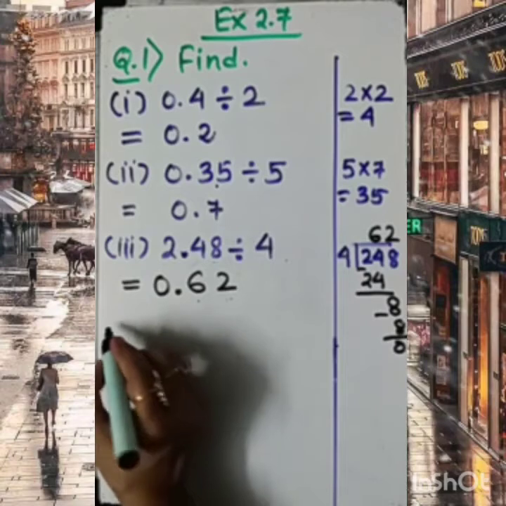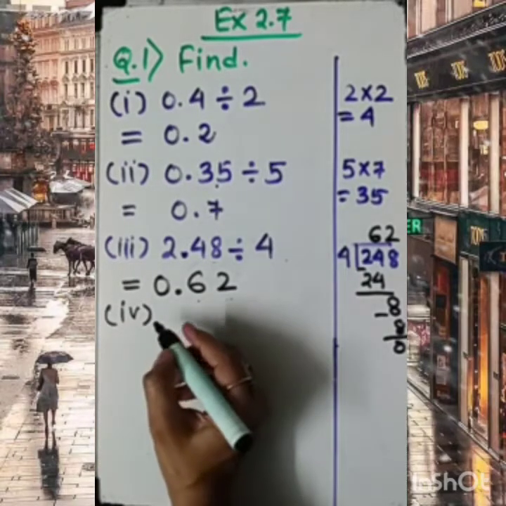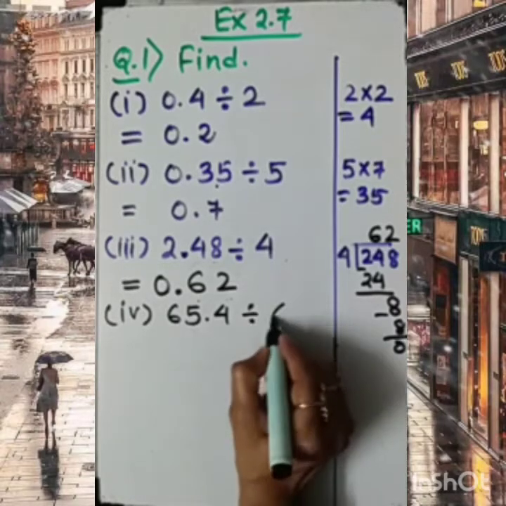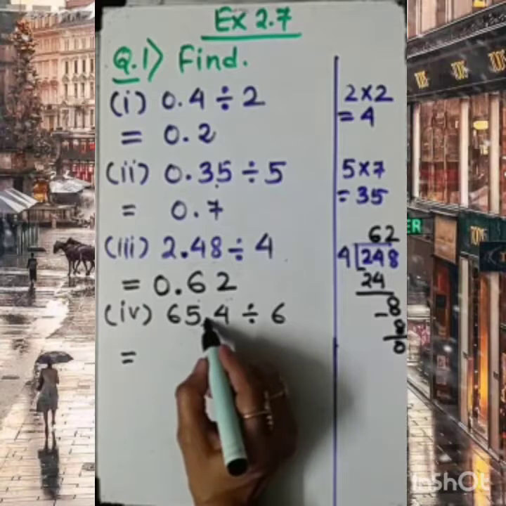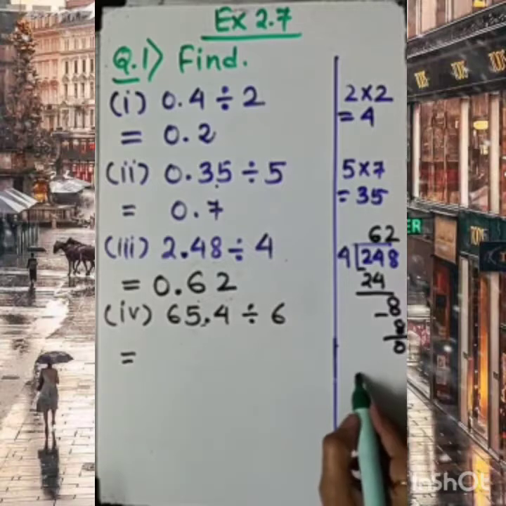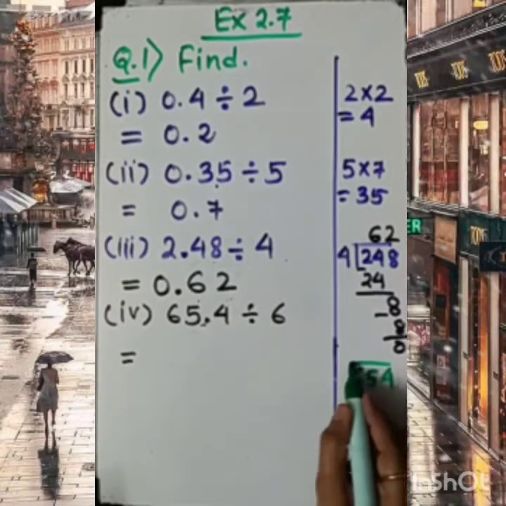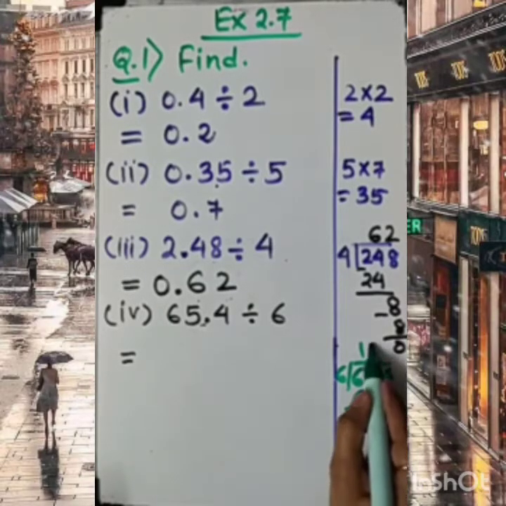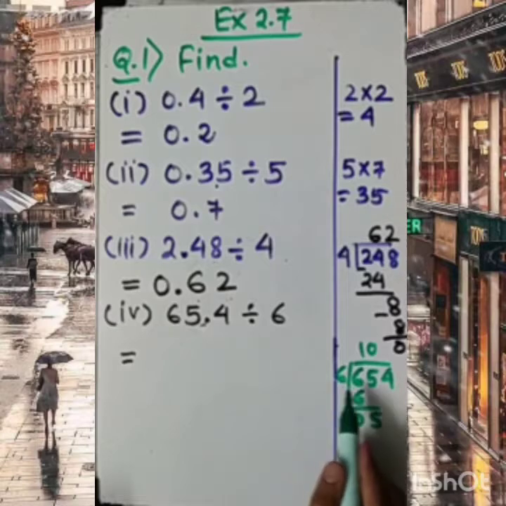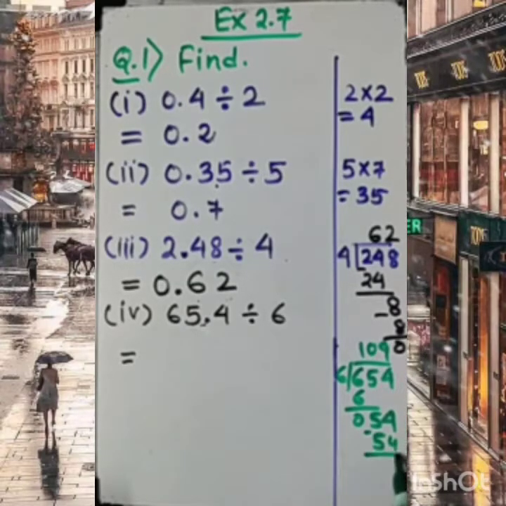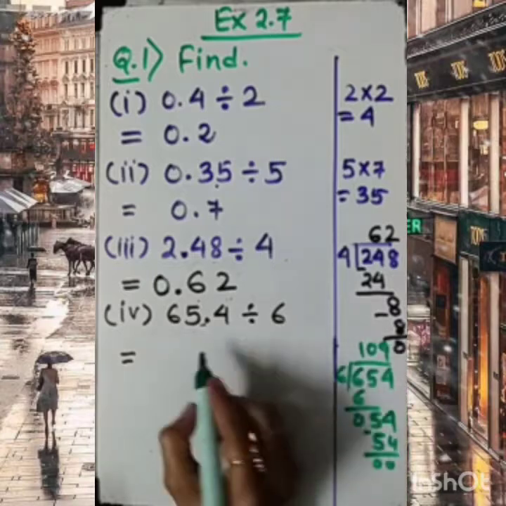Okay. Just see how to go with the fourth. The fourth one is 65.4 divided by 6. So let's see how to go with this. Forget this decimal for a while and think you are given only 654. So how to divide it by 6? Let's see. 6 1 ja 6. 5 I am bringing down. Not possible to divide 5 by 6. So here 0. Let me bring 4 also. So 6 9 ja 54. So dear student, after dividing, the quotient part is 109.